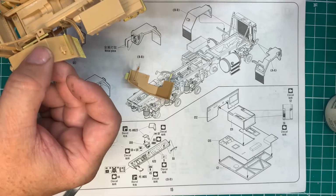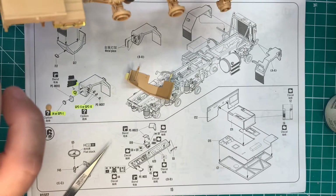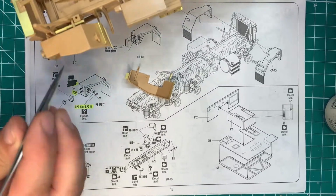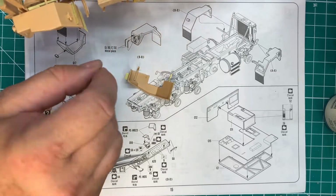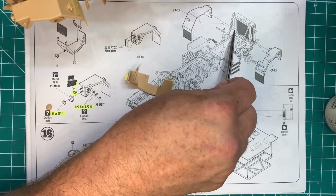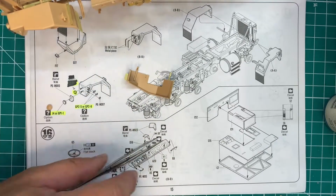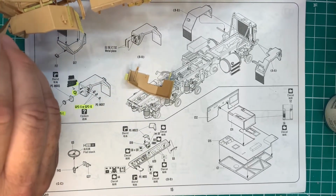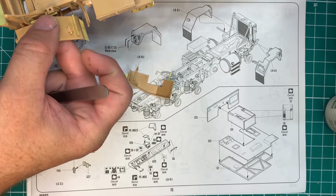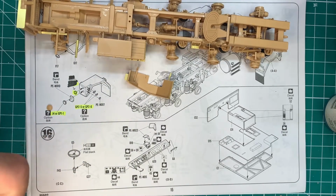The problem I'm having is I don't see a positive mount for the frame piece right in here. I believe it's C2. I don't see what that attaches to. It says in the instructions right here that it attaches to, it looks like part of the framework in here, but I'm not seeing that positive attachment point. It kind of is there. So what I'm going to do is I'm going to twist this back a little bit